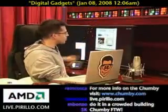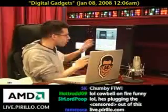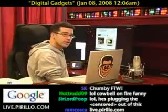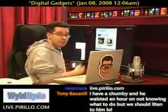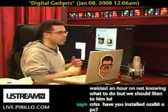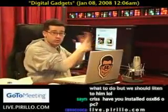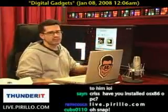If I scroll down, what do I see? This is a virtual Chumby. More importantly, it's my virtual Chumby. So look. You can play the cowbell on live.pirillo.com. It will cycle through all my Chumby widgets. I'll explain the process in just a second. And yes, by the way, it'll scroll through all the widgets I've added, including the Beavis one and the Digg